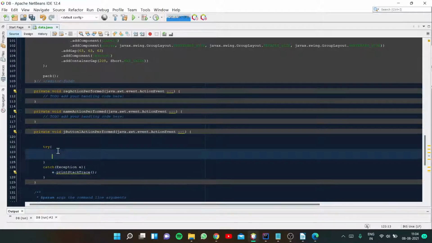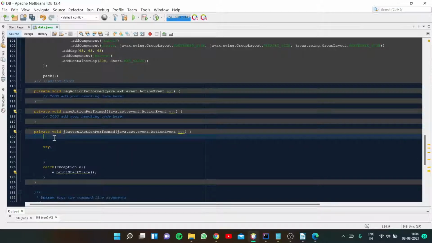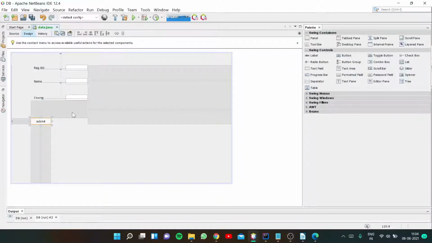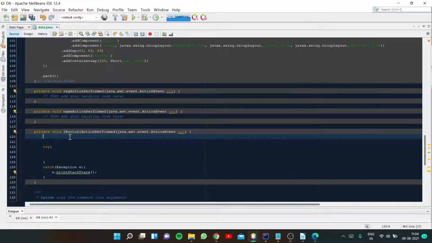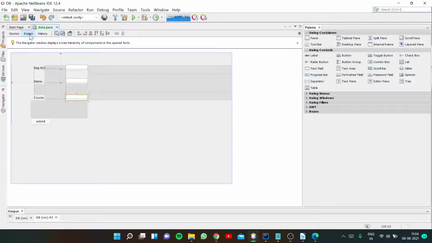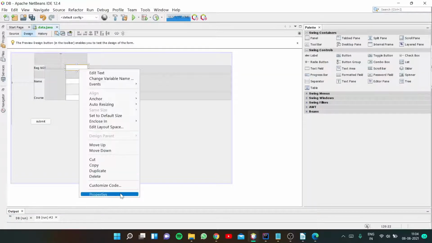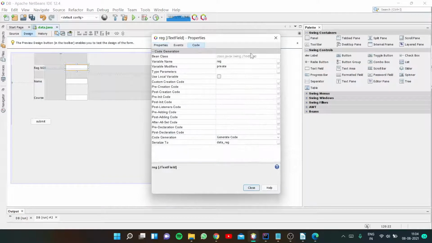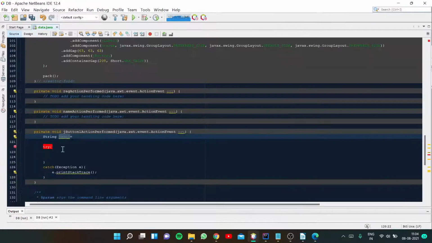Now inside this we are going to write the code, but before that, what are the things that we need? First, in this design, this has to accept the data. Here we are entering the data, here we are entering the data, as well as here. While entering the data, we have to take that data into string format because all 3 of them are strings. So I'm going to declare some variables. String name1 is equal to, what is that variable? I have changed this variable now. We are accepting the data. The variable is reg. The first one is the register number, so I'm giving reg1.